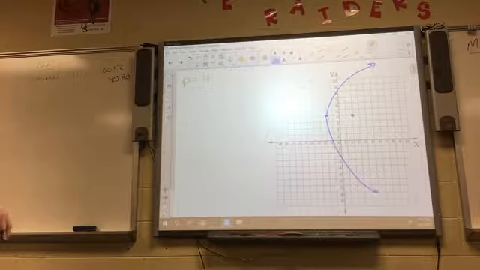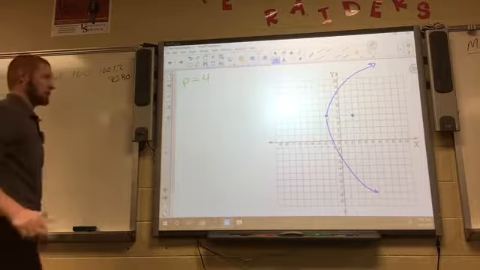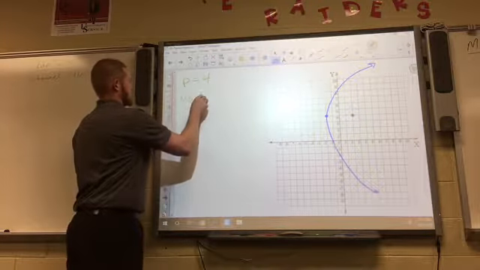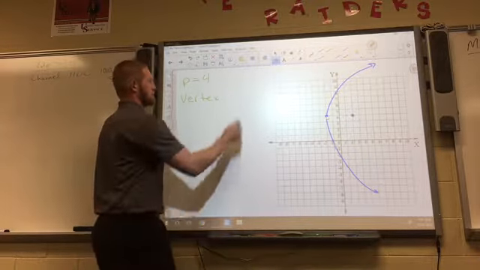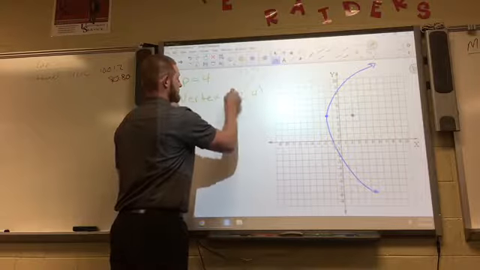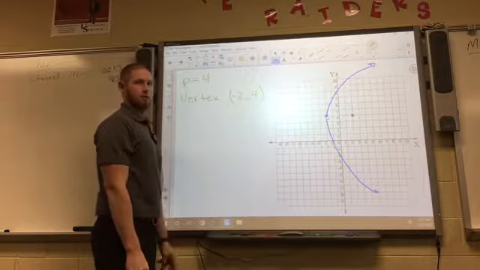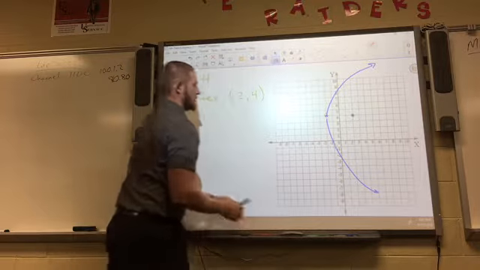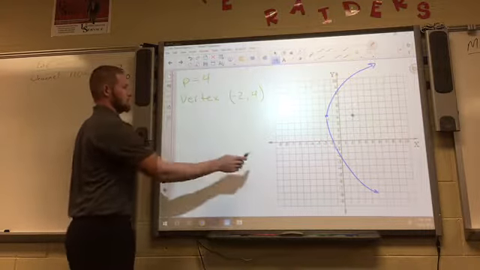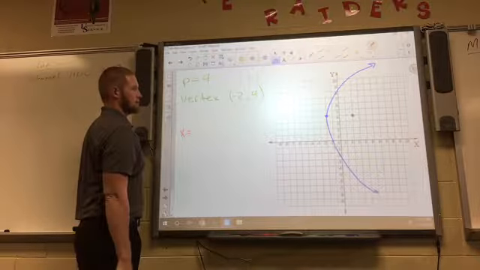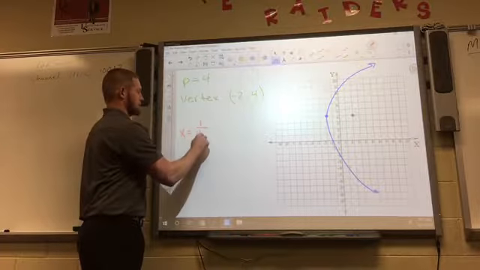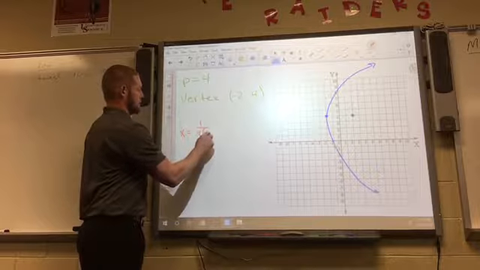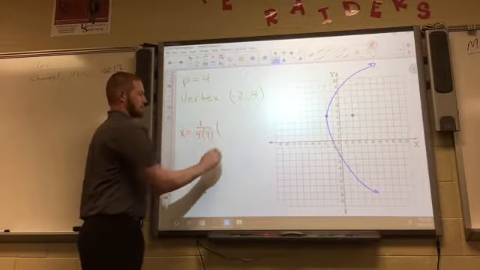Now, since the vertex is not at the origin, there is one other thing we need to know that we just mentioned a second ago. And that is where the vertex is at. Okay, you have to be able to find that. Well, where's the vertex? We have enough information now to write the equation. Okay? So, looking on our sheets if you need to, you already told me it's going to be x equals, and then it is 1 over 4 times p, which in this case is 4, and then times